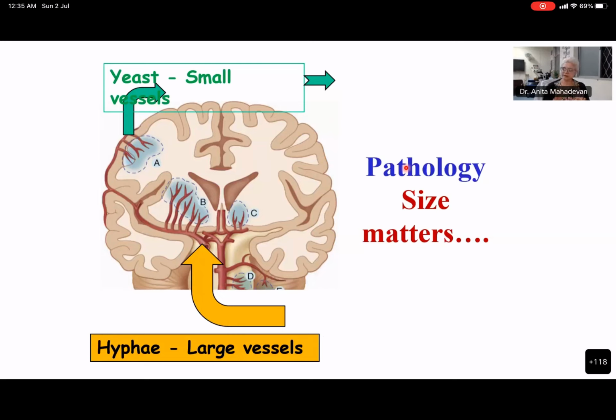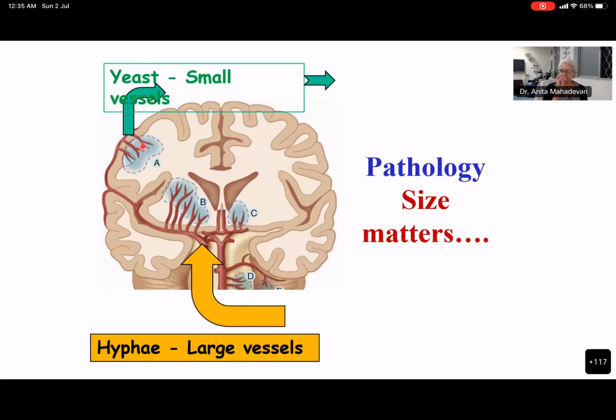But what does it cause in the brain? What the pathology is, is all dictated by the size of the fungus. It is as simple as that. So if you take the smallest, which are the yeasts, all of them, when they come in through blood, they are going to go to the smallest blood vessels and get stuck. Correct? Now, these smallest blood vessels are what you see on the surface of the brain. And therefore, the pathology it will cause is, it infects the surface of the brain, and therefore it causes what? Saurabh? Meningitis, not encephalitis. It's only meningitis. It causes encephalitis only if it goes into the parenchyma. Right? So Cryptococcus, classic example of a yeast, is going to cause a meningitis. Is that clear? But your Candida are smaller than cryptococci, so they can even enter into the parenchymal blood vessels,